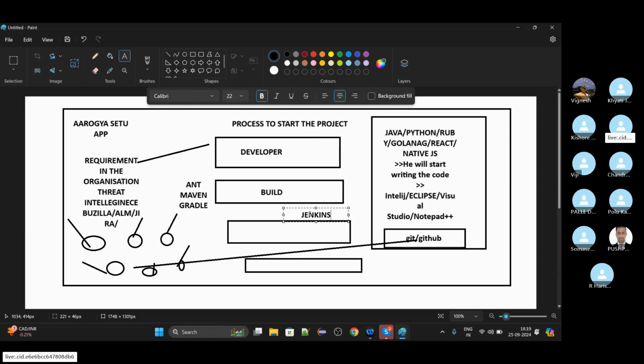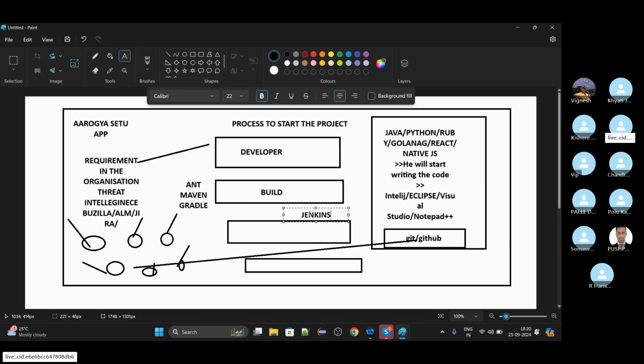Now, let's take a break over here. Again, what we did: we got a requirement from the product manager. It can be your product manager, it can be your project manager, anyone at the top level. From there, you got the requirement. Once the requirement came, you found that the organization is using Java. If you know Java, well versed. If you don't, you have to learn Java during your training period of 6 months, whatever they give you. Then you have to use an IDE, for example IntelliJ, or Eclipse.